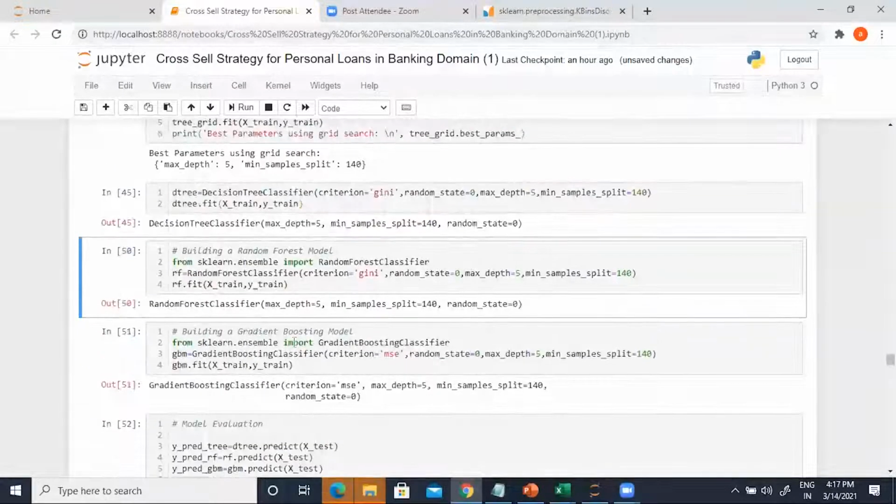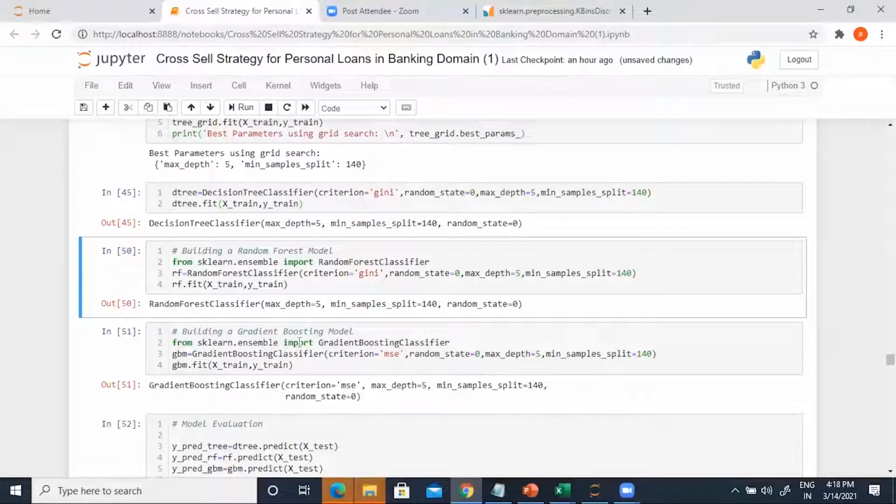When I move to the next kind of model, which is an ensemble of decision trees using simple random sample with replacement, called random forest, this is based on bootstrap aggregation, or bagging. Now over here, so that I can compare the outcome of a random forest with a decision tree, let's keep the maximum depth and the minimum sample split criteria the same so that the outcomes can be compared.